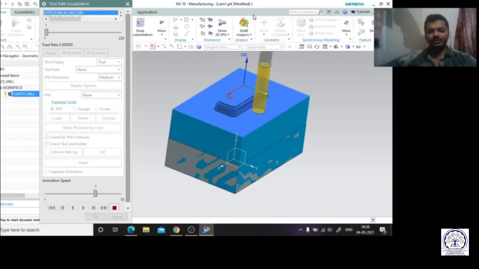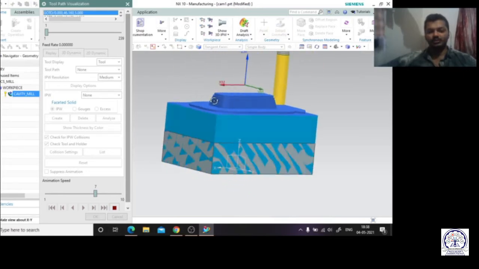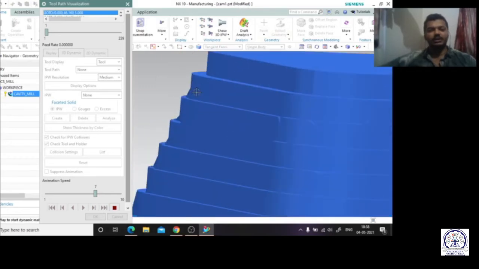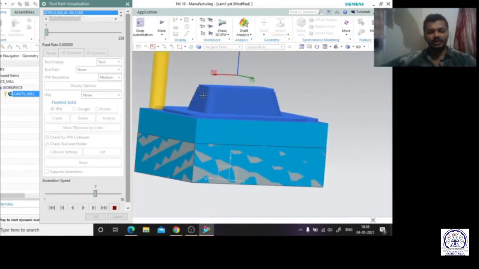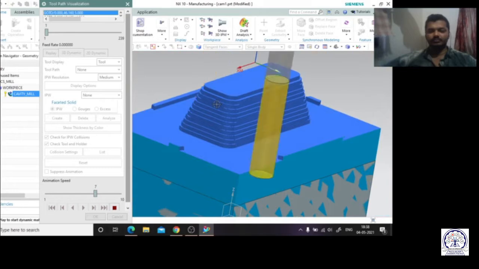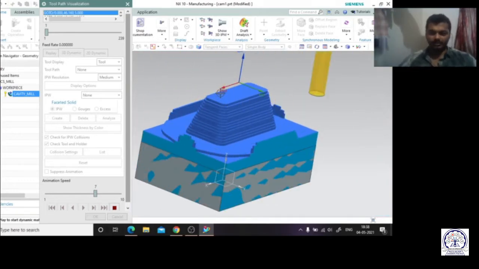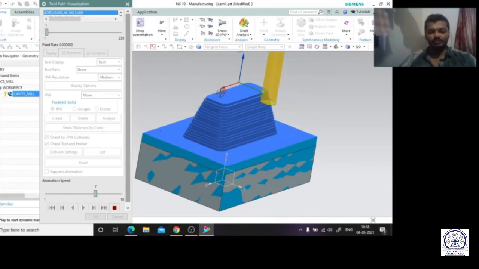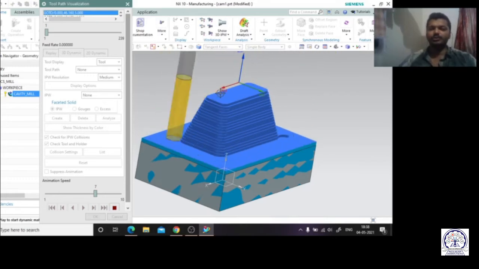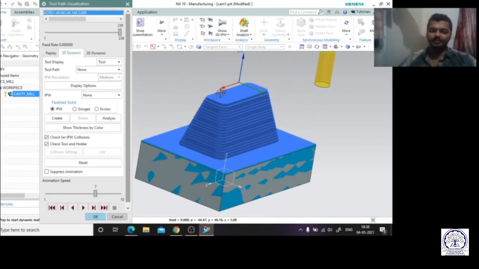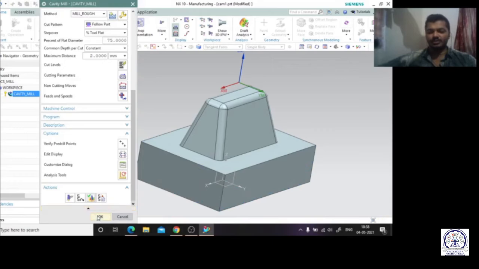So all of you can see, and all of you can zoom it also while machining, and you can see how much roughness we are getting over here. Okay, generally the roughing option is done because maximum metal should be removed. So for that purpose we are going for the roughing option first. After the maximum metal has been removed, we can go for the finishing or semi finishing.